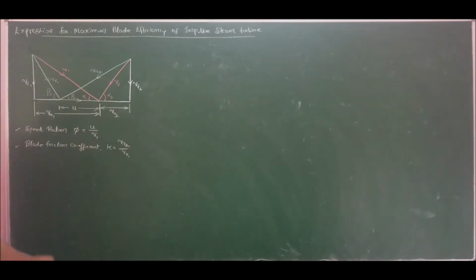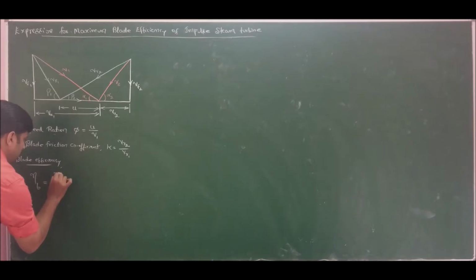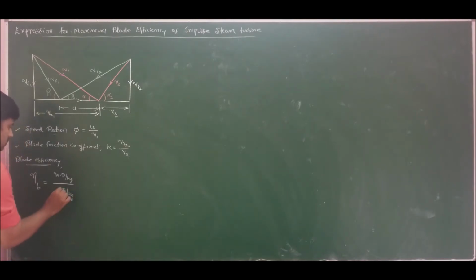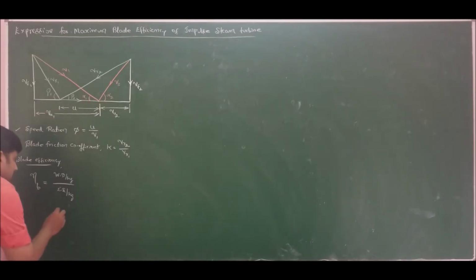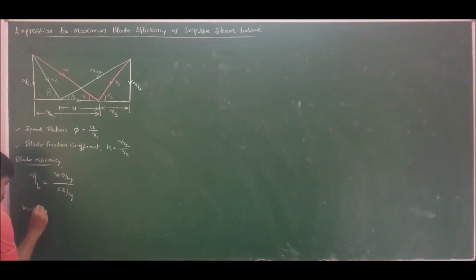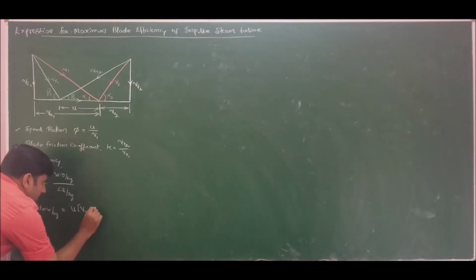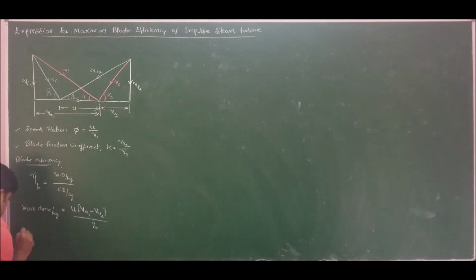Now for an impulse turbine, we know that blade efficiency or diagram efficiency is given by work done per kg divided by energy supplied per kg. Work done per kg is already known to us from Euler's equation of energy transfer: U times (Vu1 minus Vu2) divided by Gc, whereas energy supplied